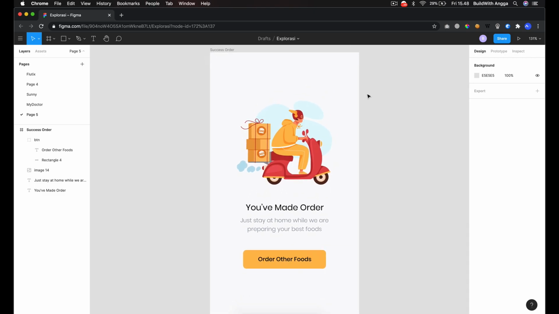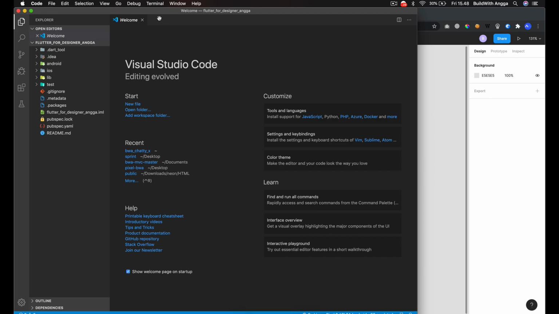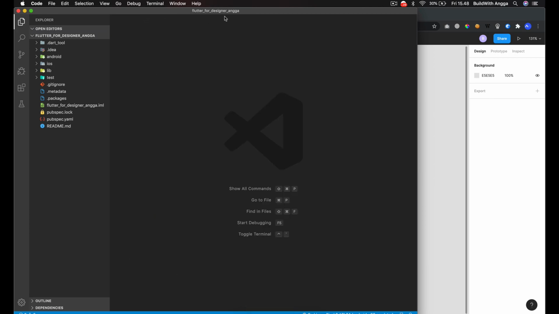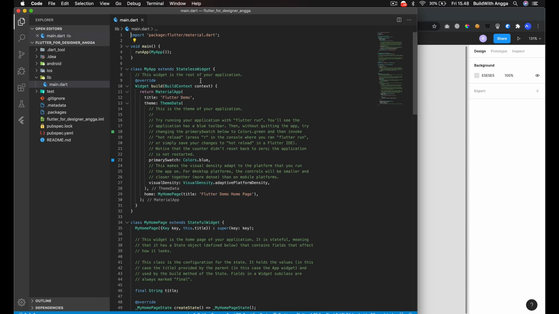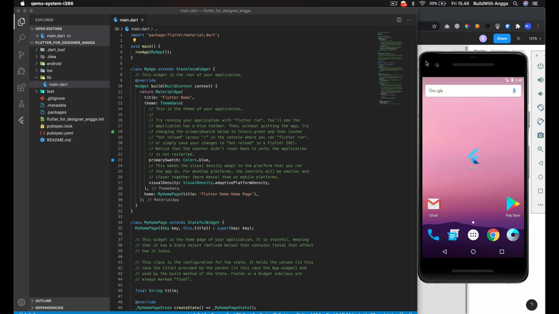Okay, cool, right? So first things first, if you are a designer and you are new to Flutter development, let's say you already have one fresh project here and you do have this library, this single main.dart, and this is your emulator, right?